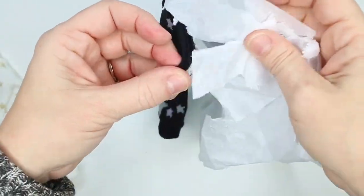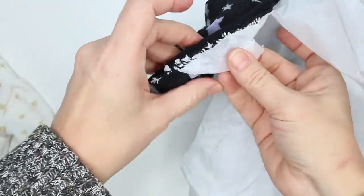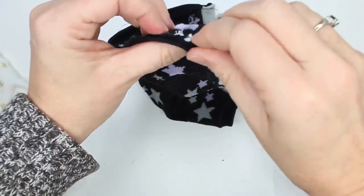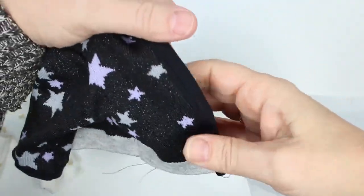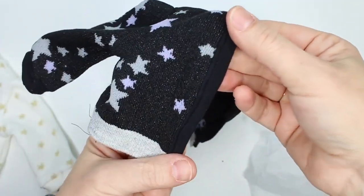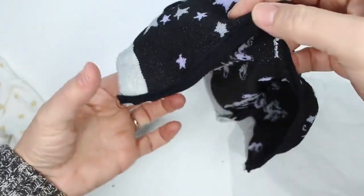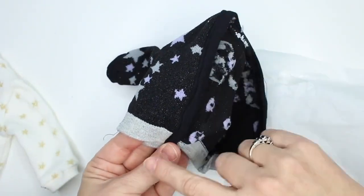can just pull this tissue paper right off. And if I have any residue on the inside, I can come in and just carefully pull that out. But then I have a nice clean top stitched edge right here to have the finished front part of this